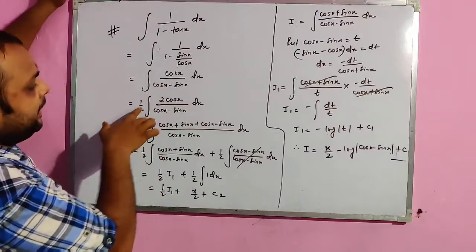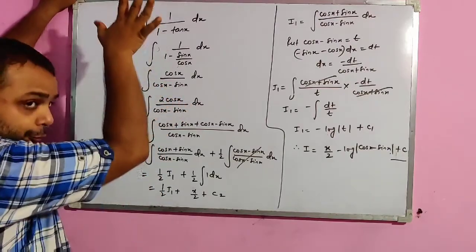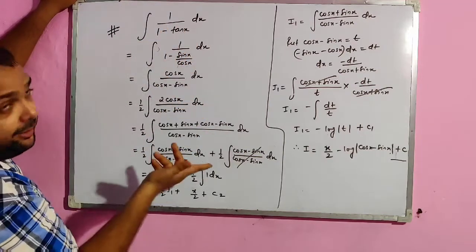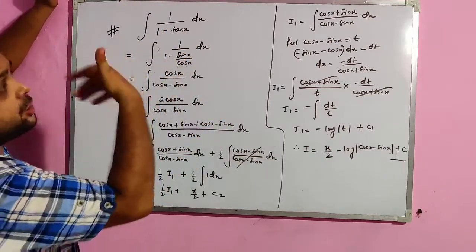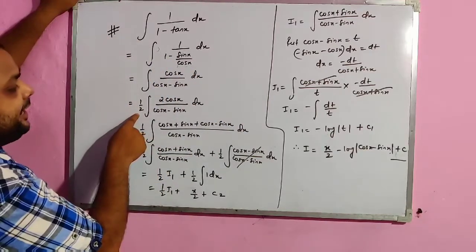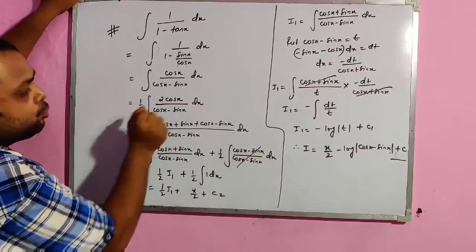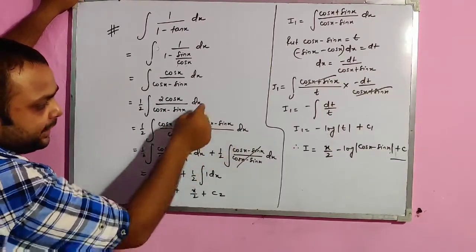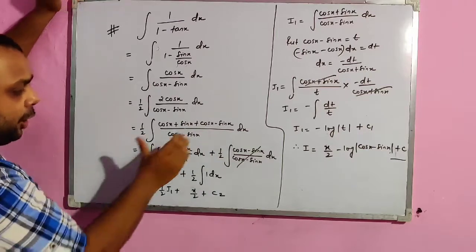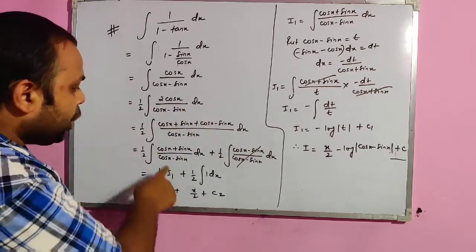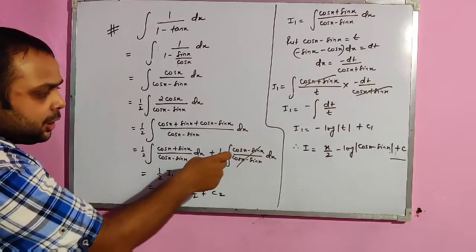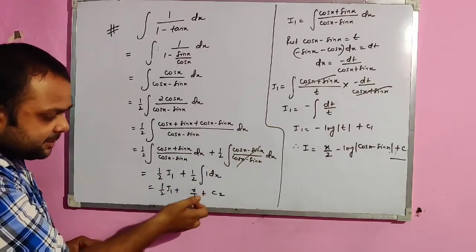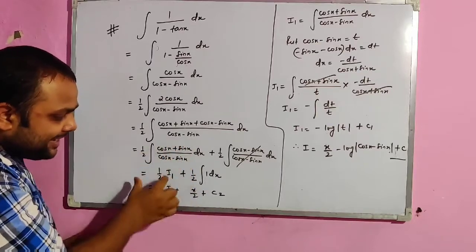Now multiplying and dividing by 2, we have to follow the same steps in these types of questions, which are tan x and cot x, when we have tan or cot, either plus or minus. So this is dividing by 2, multiplying by 2. Now this 2 cos x can be written as cos x plus sin x, plus cos x minus sin x. They both eliminate, we get the same value. Now taking it individually, we get cos x plus sin x divided by this, and cos x minus sin x divided by this. They eliminate, we get 1, which is x by 2, and we have substituted this as I1.